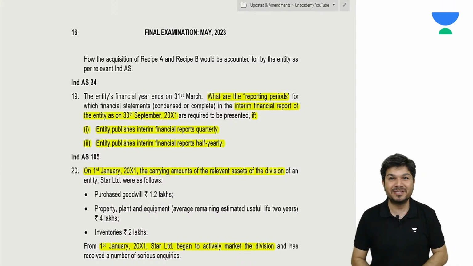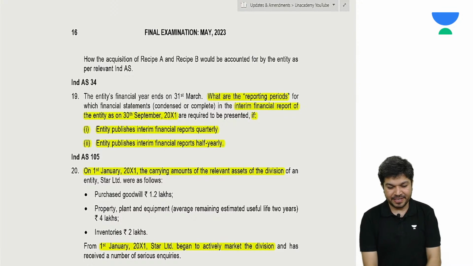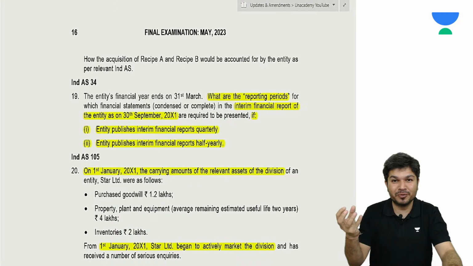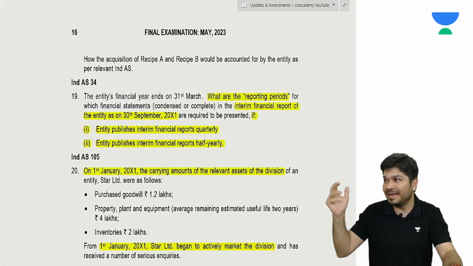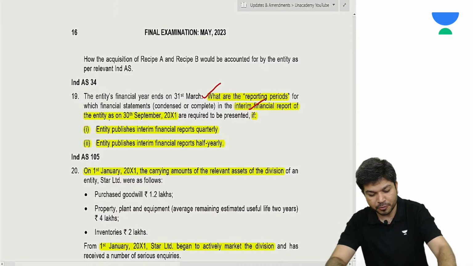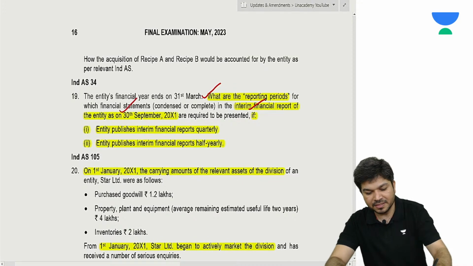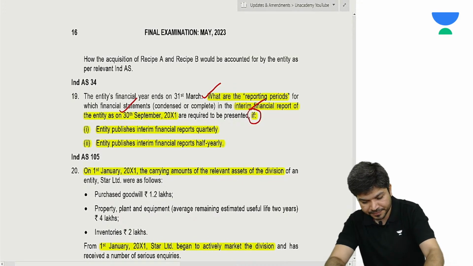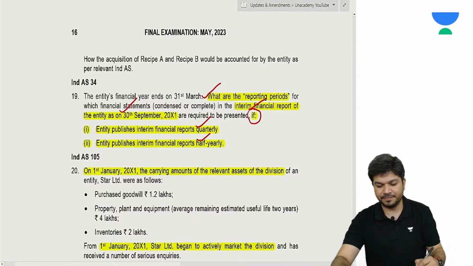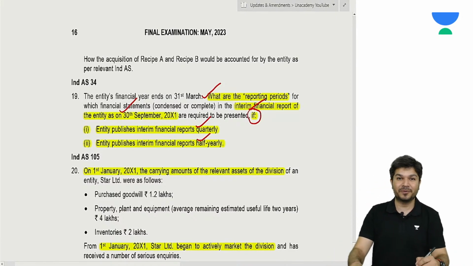Next one, question number 19. Whenever you have interim financial reporting, what are the periods for which you prepare the balance sheet, P&L, all those things? What are the reporting periods in an interim report? As such, it is 30th September, if you publish quarterly or if you are publishing half yearly. Okay, if you are publishing quarterly,